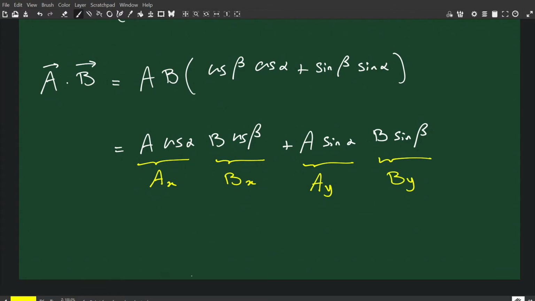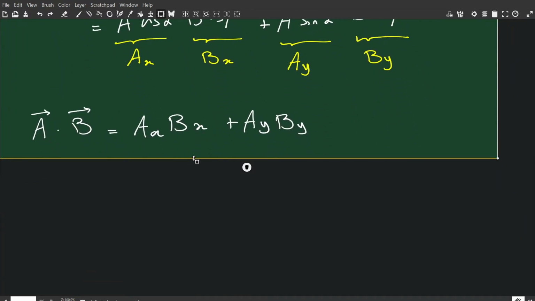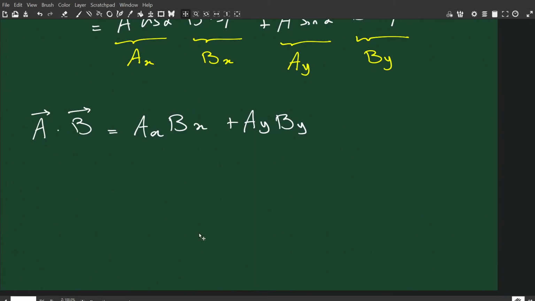So in Cartesian coordinates, we can write A dot B as AX BX plus AY BY. And these are the lengths of the vectors along the axes. And about this kind of multiplication,